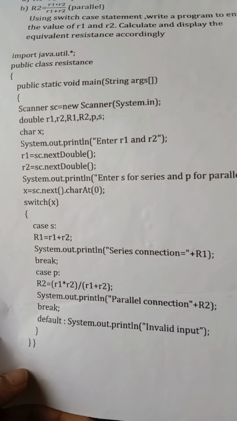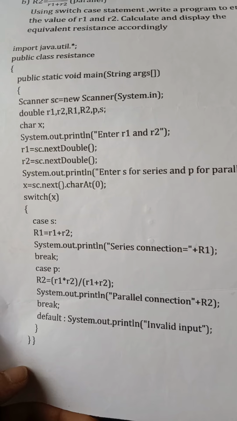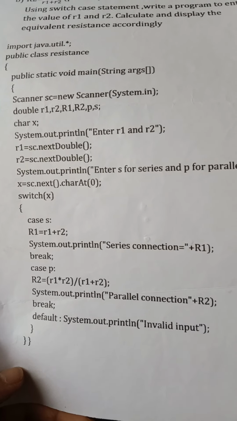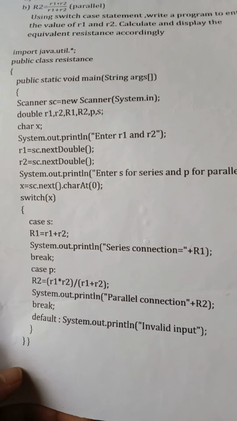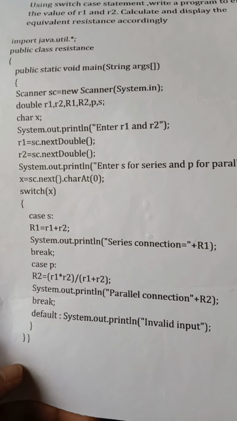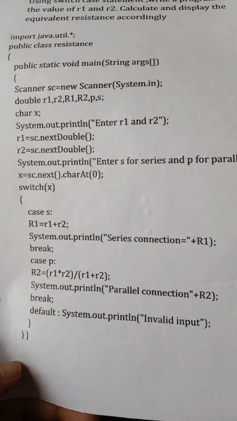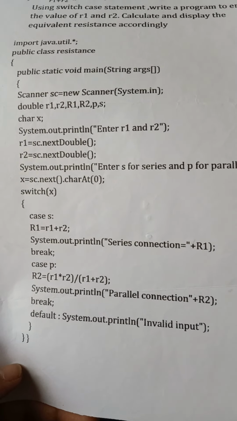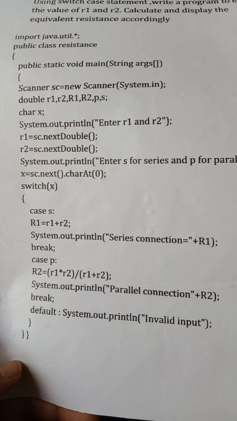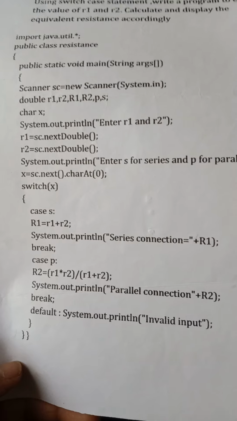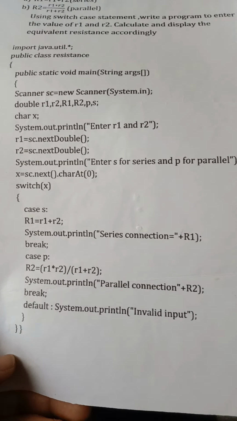System.out.println("Enter value of R1 and R2"), that is, two resistances; r1 = sc.nextDouble(); that is, entering the value of r1 through the scanner object, which is of type double. Similarly r2 = sc.nextDouble();